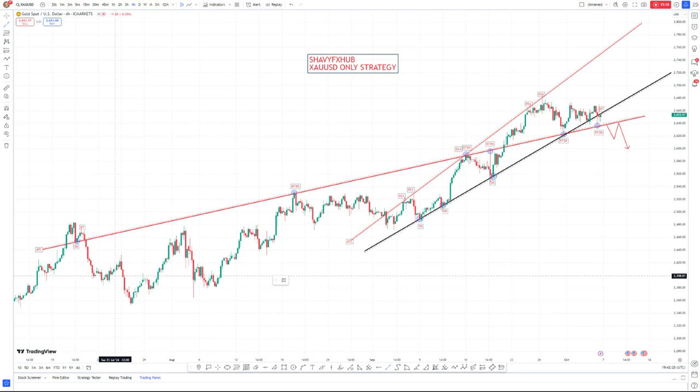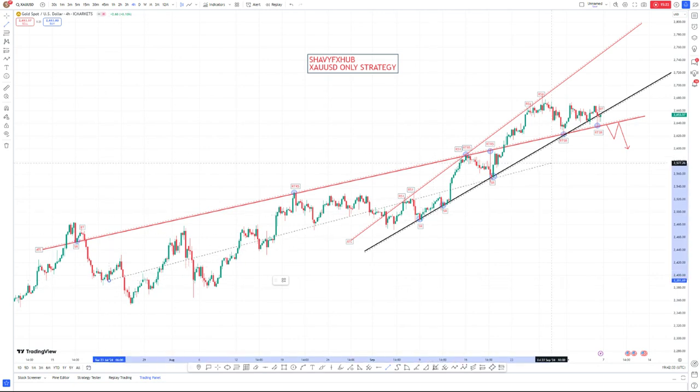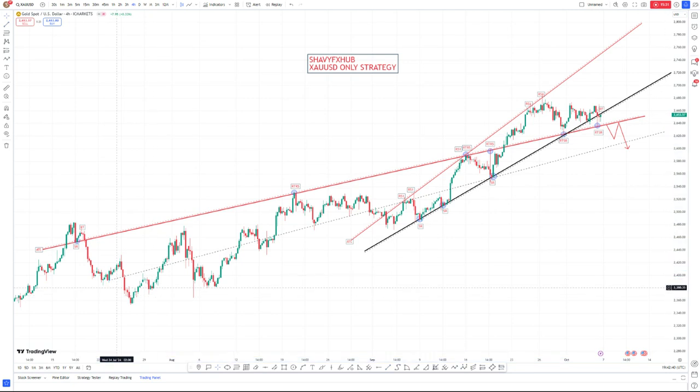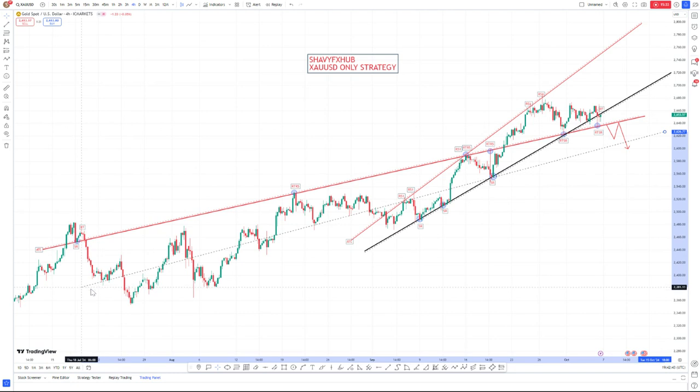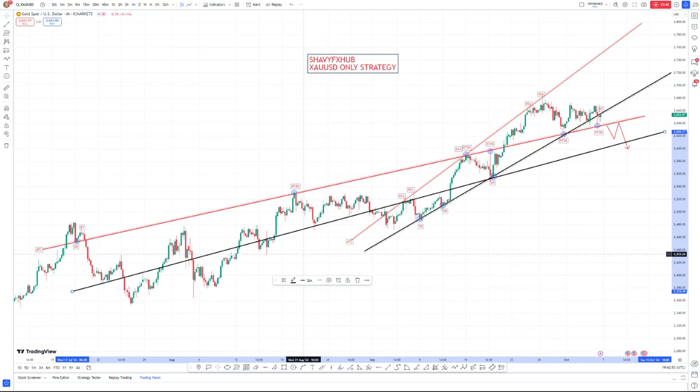Where else can we find a break of structure? We have here another lovely structure, very lovely. When you look at it, it presents itself in a very clear and dynamic manner. The most important thing we are looking out for is not to cut across the body of the candle. We have here a support structure, a break of a support structure, retest, price return, retest,